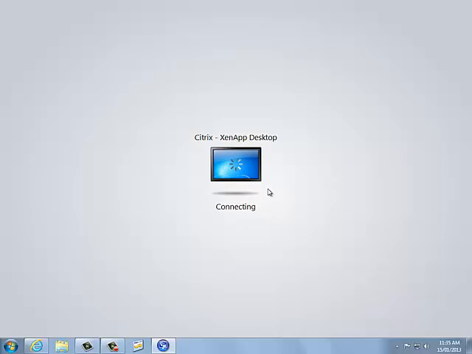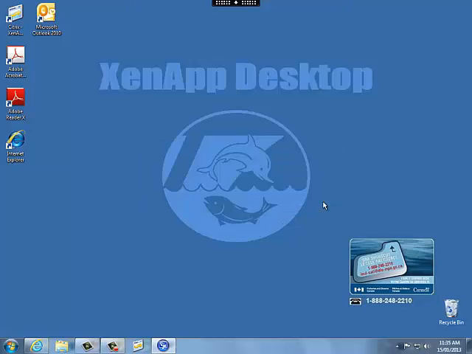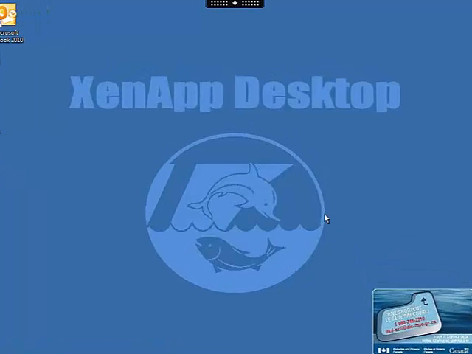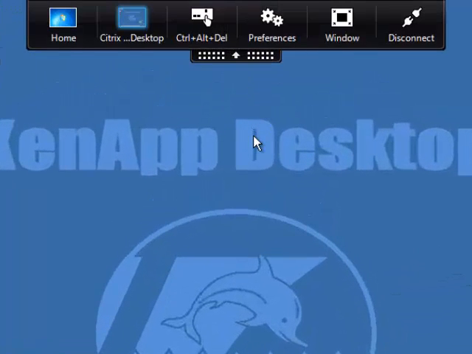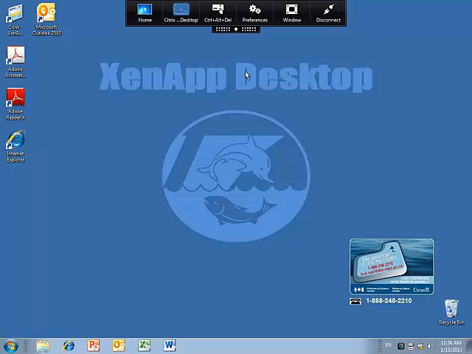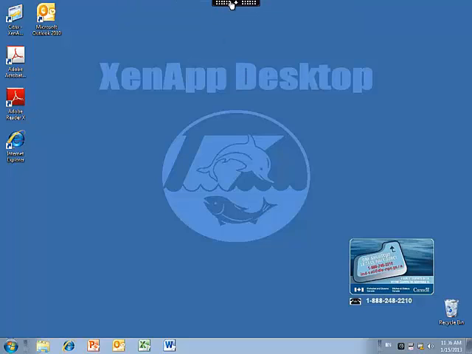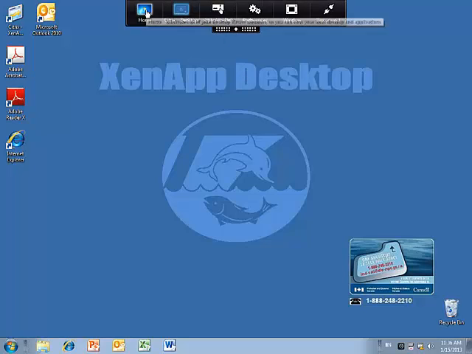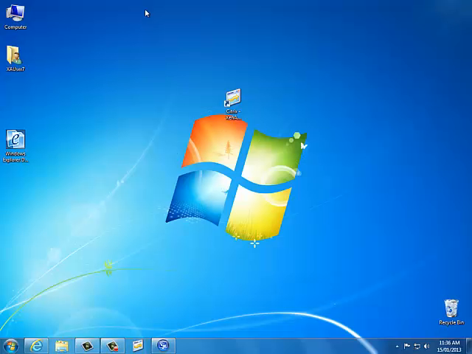Your new desktop is an overlay on your local host system. Let's first learn about the toolbar. The toolbar will always be displayed at the top of your XenApp desktop. The toolbar allows you to move between your XenApp desktop and your host system. The buttons are well named. Home takes you back to your local Windows host system,